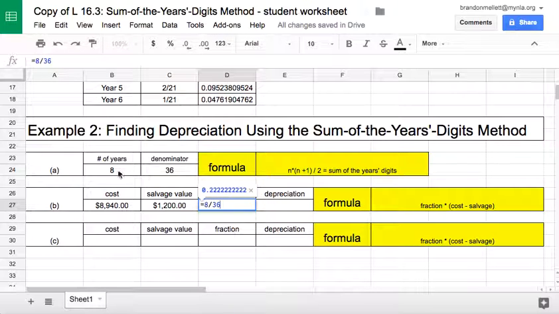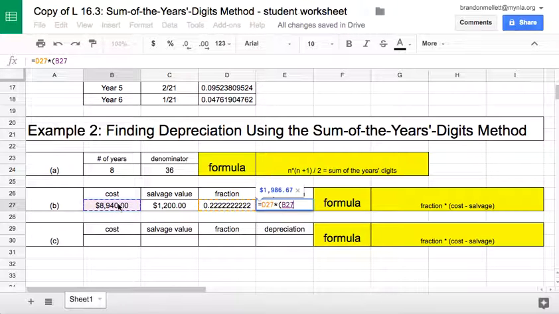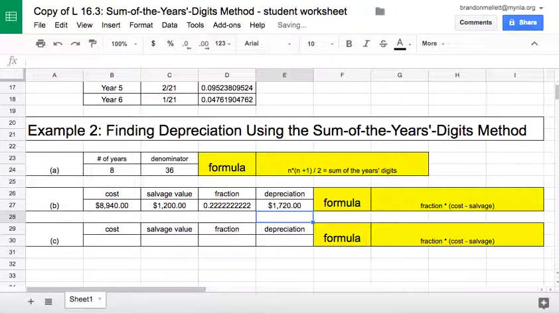So that's where we find the 8 here, the denominator here. We can calculate that rate fraction there. And then to calculate the depreciation, we're going to take the fraction times, parentheses, cost minus salvage value, parentheses, enter. So the depreciation for the first year on this piece of equipment is